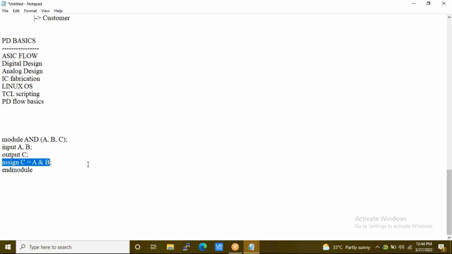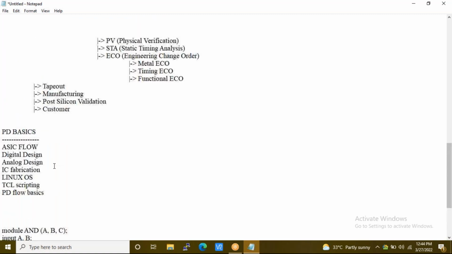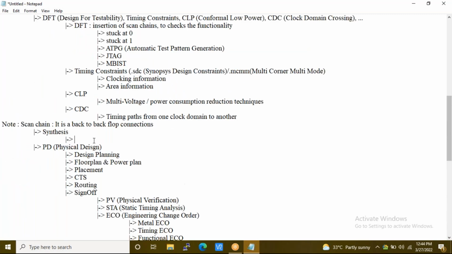Then the tool converts this logical entity to its equivalent gate format, the technology dependent form, that is, RTL code to gate level netlist.